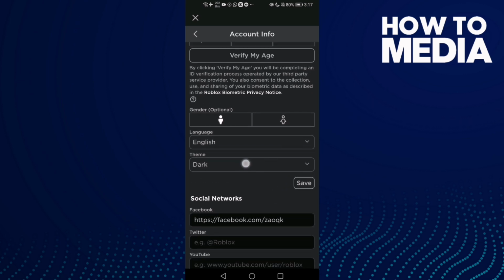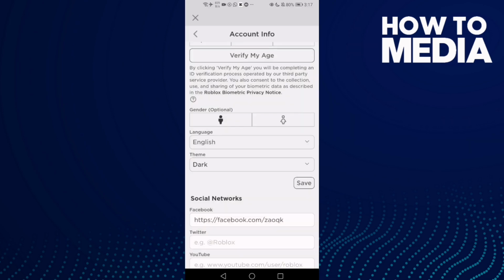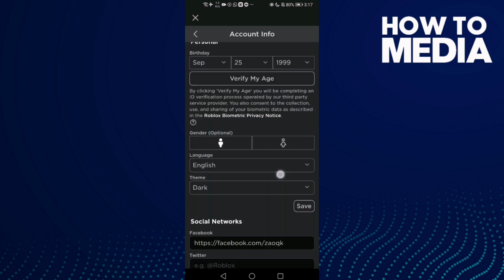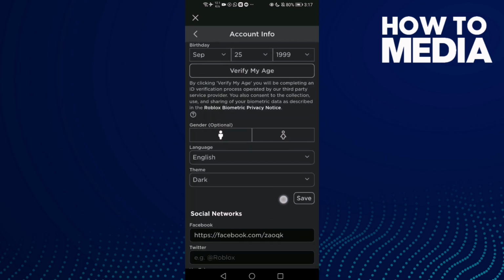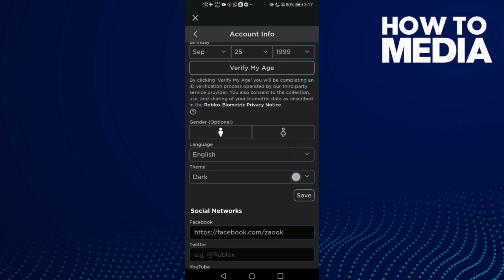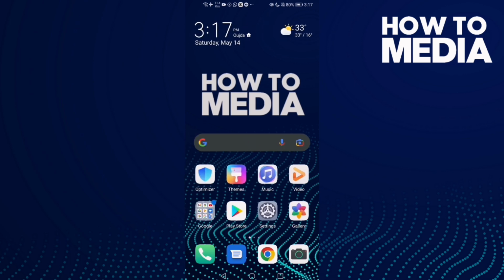Click on it and you can change it to light or to dark mode again, and then just click save and okay. And as you see here, you can find theme settings on Roblox mobile, and that's it for today's